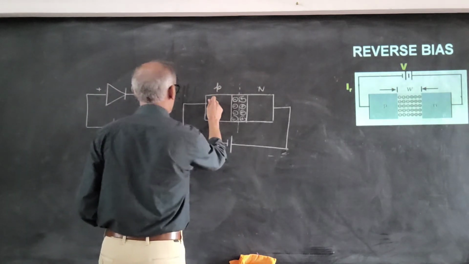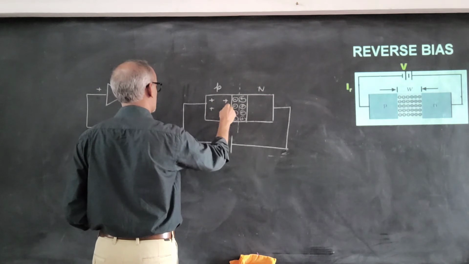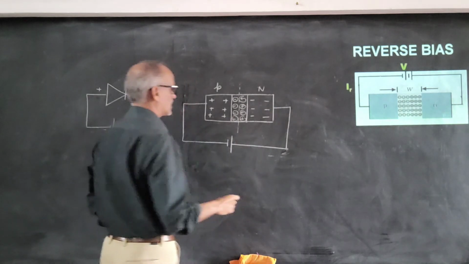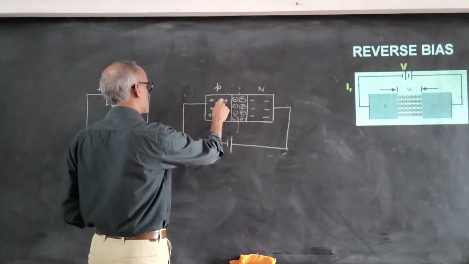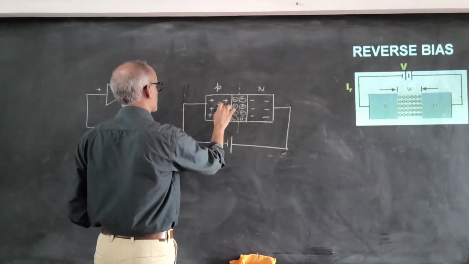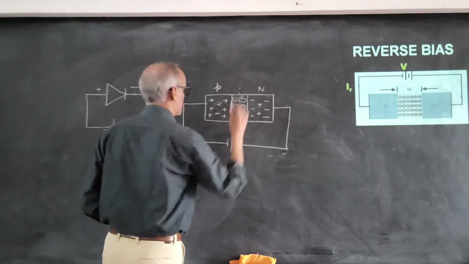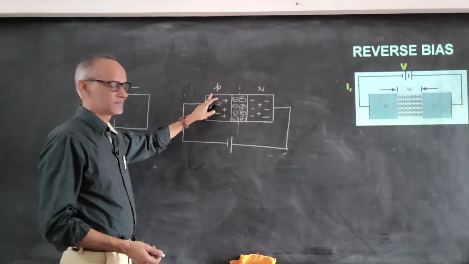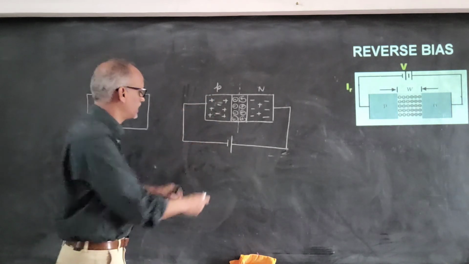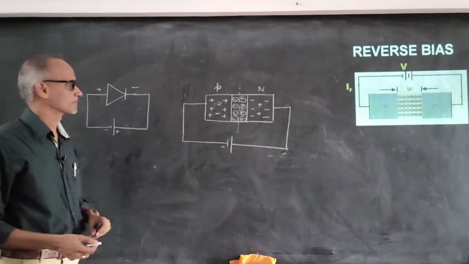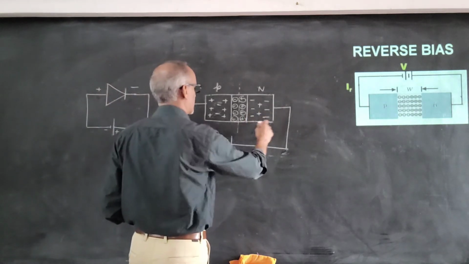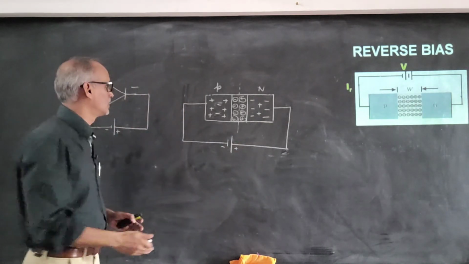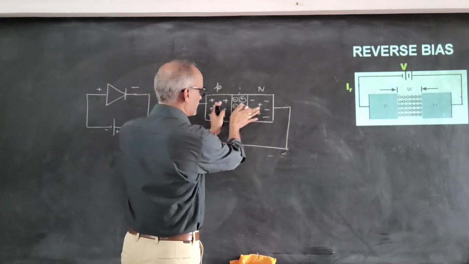Now on the P side, the majority charge carriers are the holes, and here the minority charge carriers are the electrons. On the N side, the negatively charged electrons are the majority charge carriers, and here the minority charge carriers are the holes. Now the majority charge carriers, which are positive, are attracted by the negative terminal of the battery, and the majority charge carriers, electrons, are attracted by the positive terminal of the battery, due to which these majority charge carriers tend to move away from the junction,